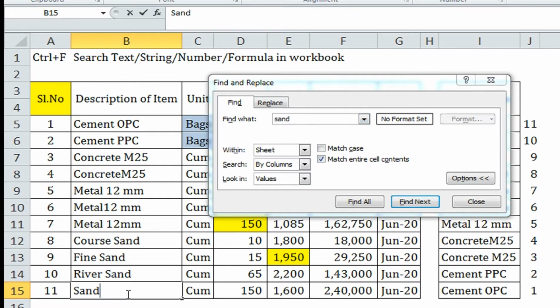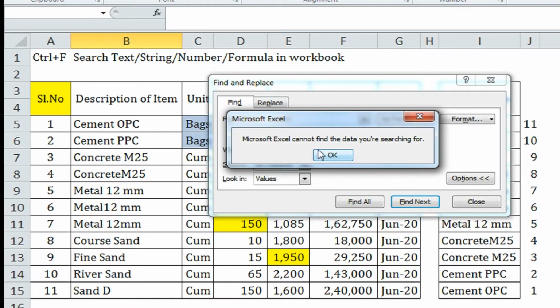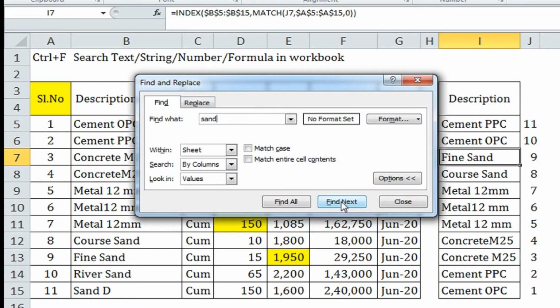So if I say something here like sand D and I do search, you will get the same error again. Microsoft Excel cannot find the data you are searching for because it is asking you to search the entire content. So the content of this entire cell should be equal to your find what. Okay, so I'm just removing this and then you find.